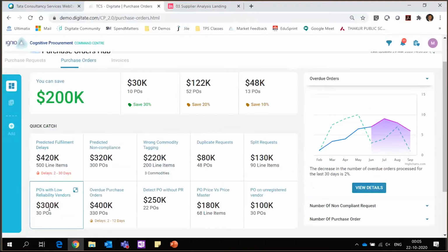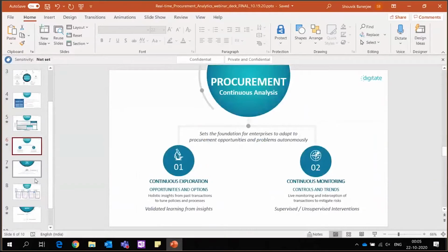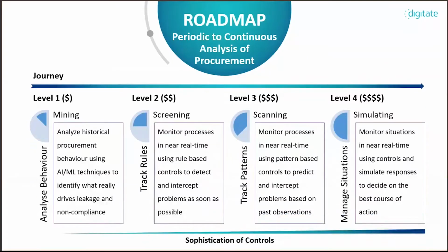So let me just go back to my slide here and bring up one slide as a conclusion before I open up for some Q&A. It's about how you would bring in a software like this inside an organization. Typically organizations are accustomed to running periodic analysis, using some reporting or data visualization tools. Whereas what we are promoting here is a controls monitoring solution, which is something very different than a classical data visualization. So our recommendation is that you treat this as a journey, and there are several levels through which you can go through,